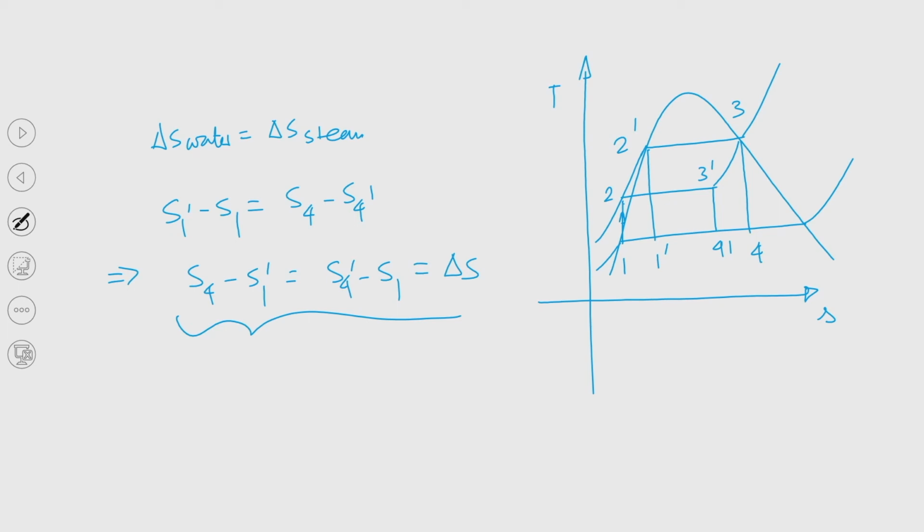So, we try to understand that in the ideal regenerative cycle, this 1, 2, 2 prime, 3, 3 prime, 4 is exactly